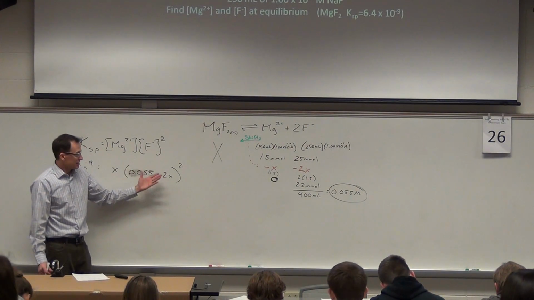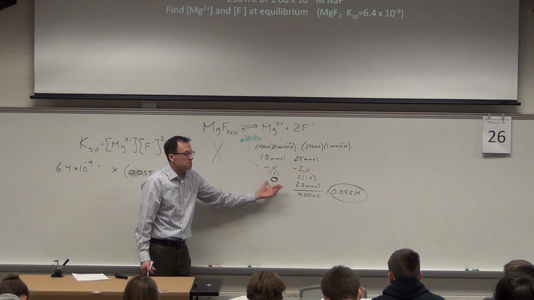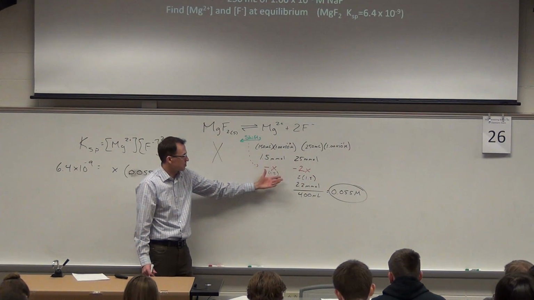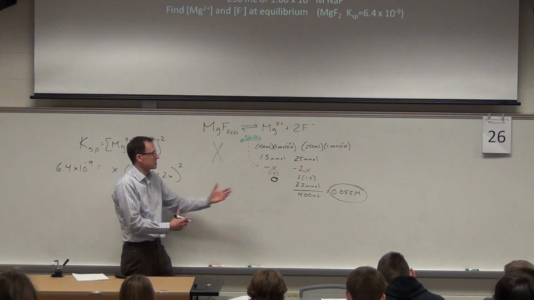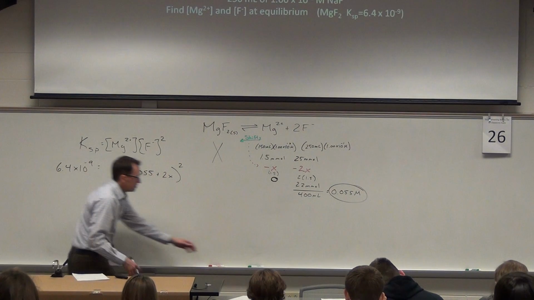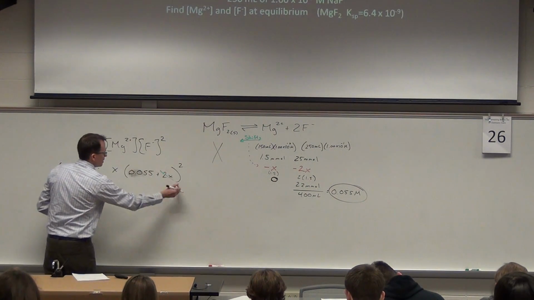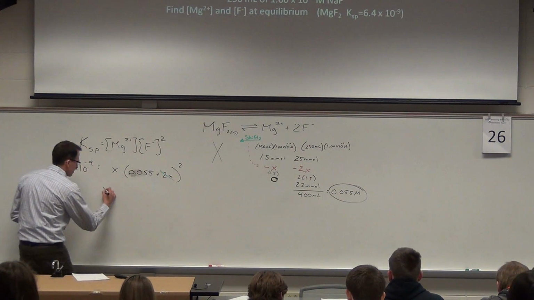I mean, it does in the idea, but I have so much of this, it's not going to really affect it. This is going to be minuscule. It was already minuscule, and it was still too much, because it said that it precipitated. So just a little bit of it is going to come back. So what I need to do, like always, I can cross out things that are added or subtracted. Okay? And when it's all said and done,